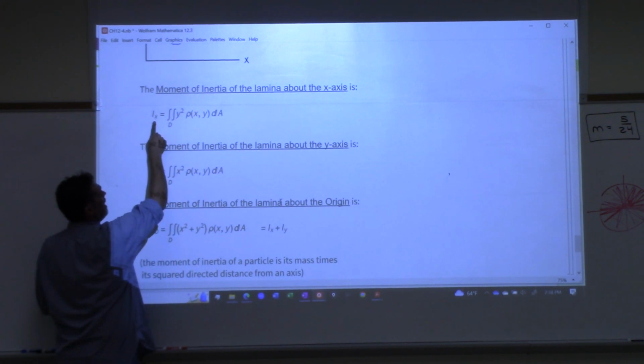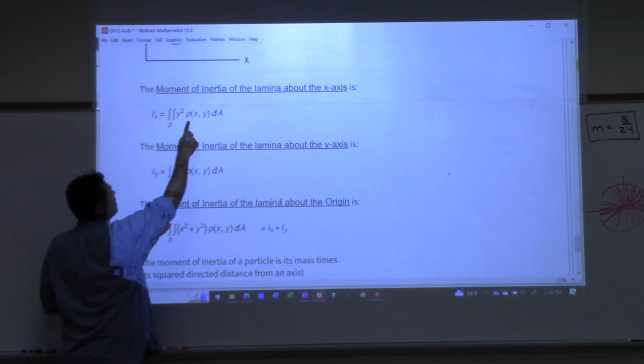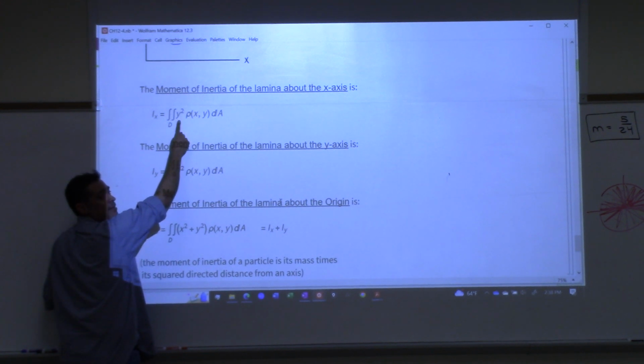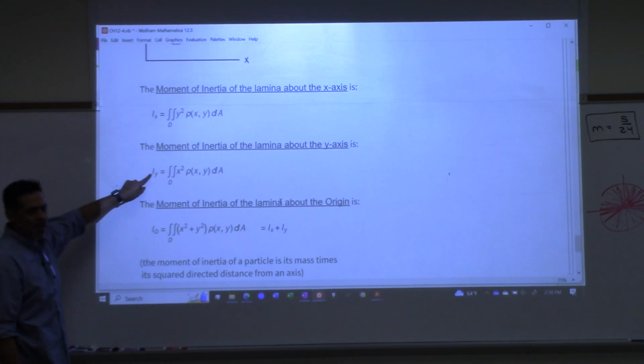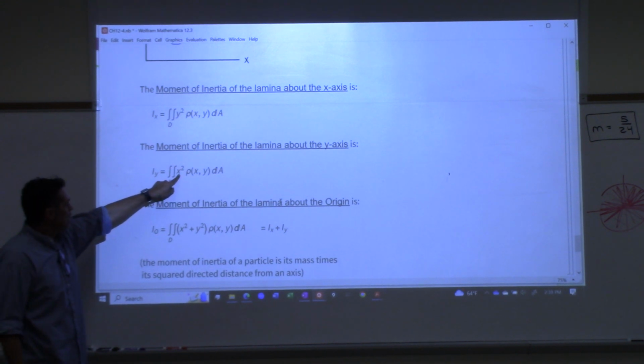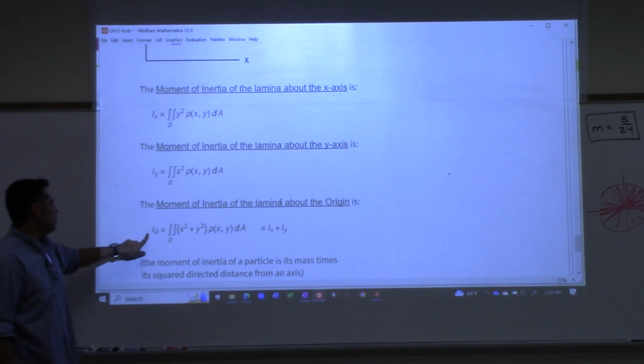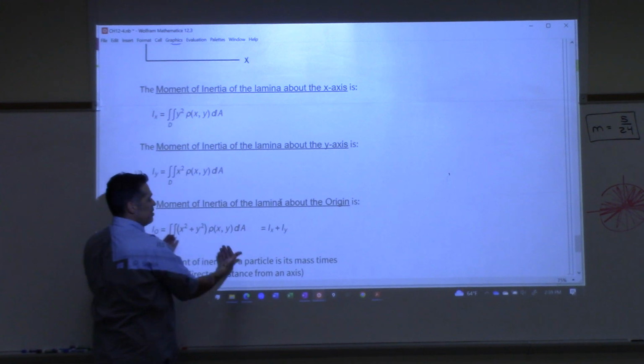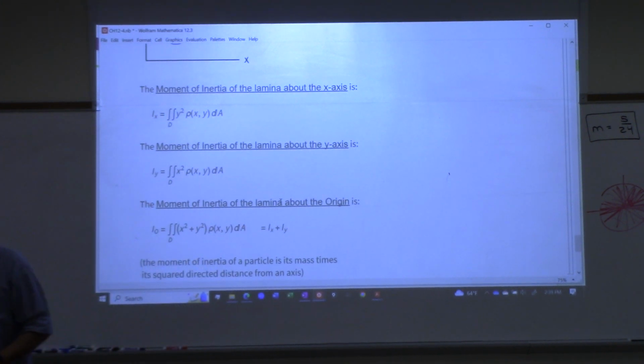This is I sub x. The formula, all you're doing is y squared instead of y. You know how m sub x was a single y here? Now you're going y squared. And then if you want the moment of inertia about the y-axis, you just square the x instead of a single x. And if you want the moment of inertia about the origin, it's actually just the sum of those two answers. So we can calculate that with the computer right now, couldn't we? For that same